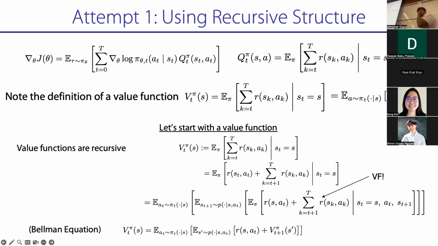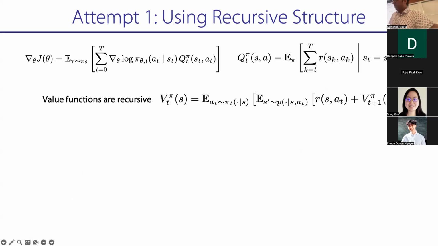We're good? Cool. Okay, so what we figured out is that value functions are recursive, so you can write V pi as r plus next V. But our policy gradient update was in Q, right? And so we showed how to go from Q to V, but here we need to go from V to Q. So we had a way to get V's through this recursion. Now we need to go from V to Q so I can stick it into the policy gradient.